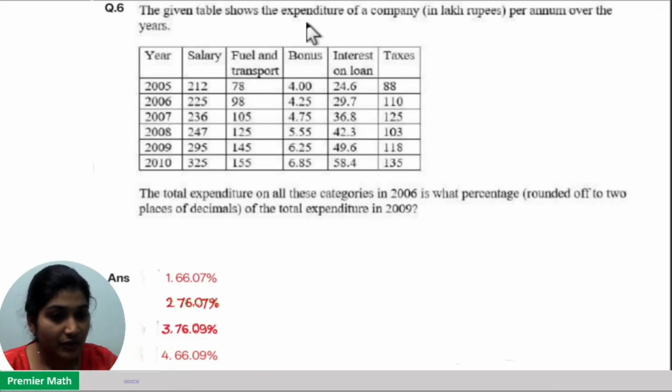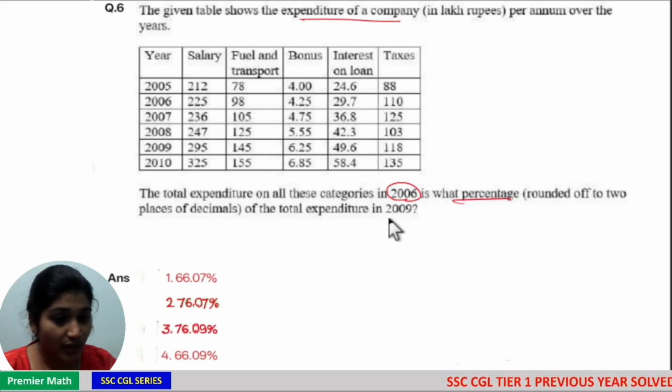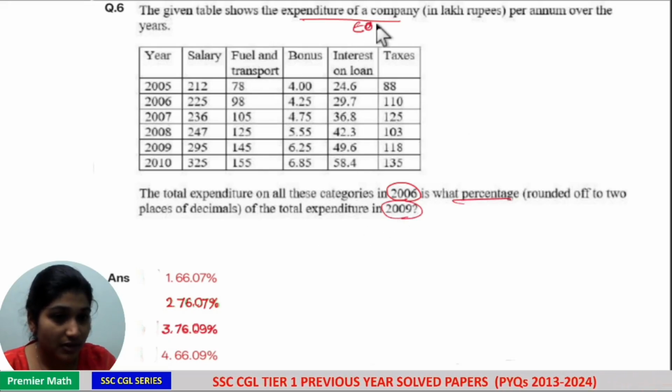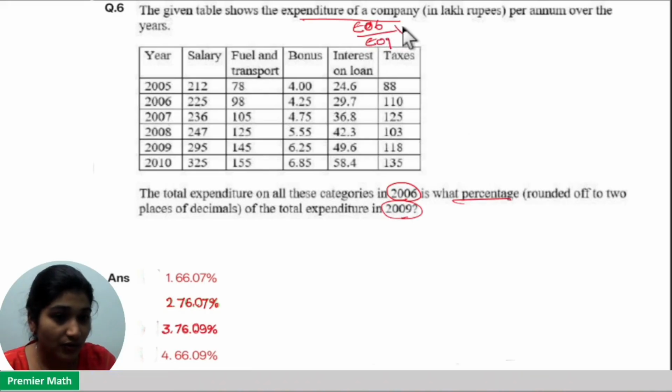The given table shows expenditure of the company. Total expenditure on all these categories in 2006 is what percentage of total expenditure in 2009? So simply we have to calculate expenditure in 2006 is what percentage of expenditure in 2009. Here, if you look at 2006,